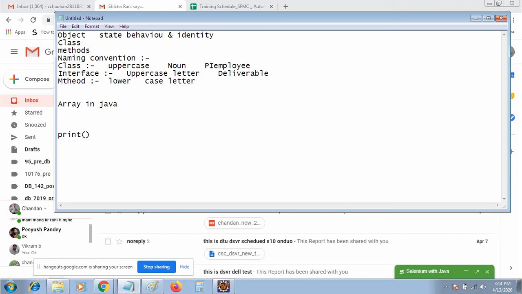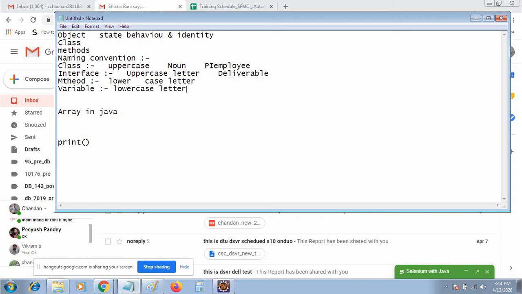Okay, now let's move to the next part, variables. Variables basically start with a lowercase letter.